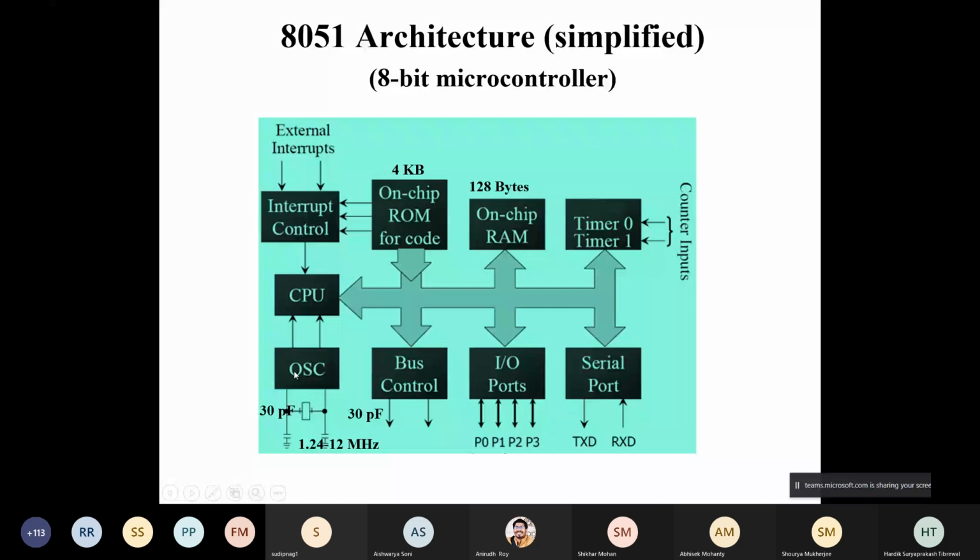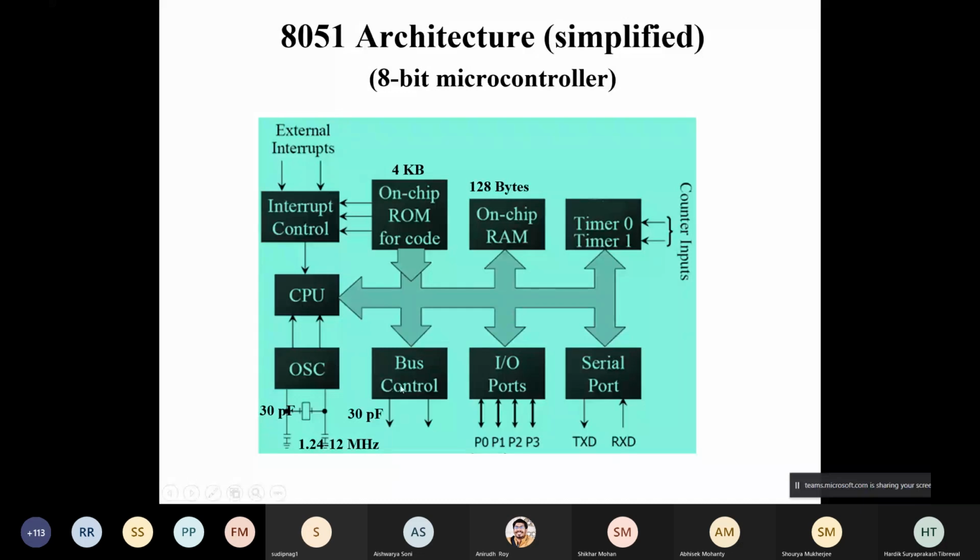This oscillator provides a fixed frequency clock signal that goes to the CPU, and then CPU timing and control utilizes that clock signal for all other clocks. And then timing and interrupt control is there. That means there are some external interrupts and also some internal interrupts. The interrupt control circuit handles all types of interrupts, looks at their priorities, and then assigns that interrupt task to the CPU.